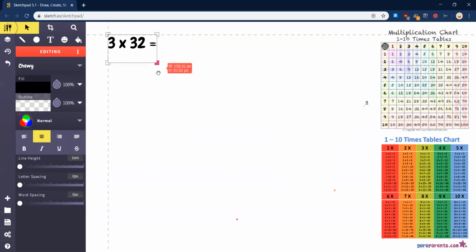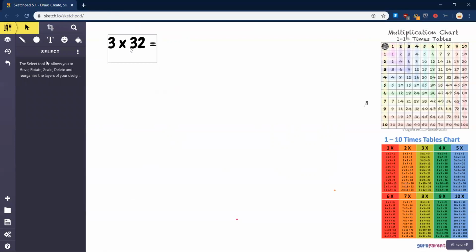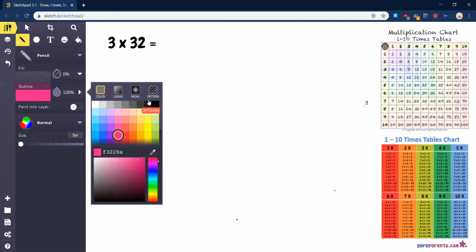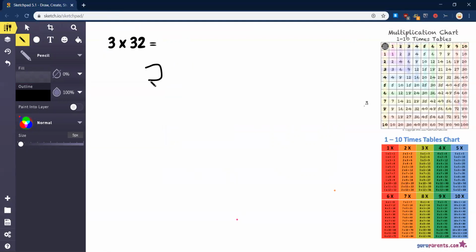What have we got? 3 times 32. Okay, so I'm always going to put my big number on up top. And I'm going to write that using black as well. So I can take the 32. I'm going to put that just here. 3, 2